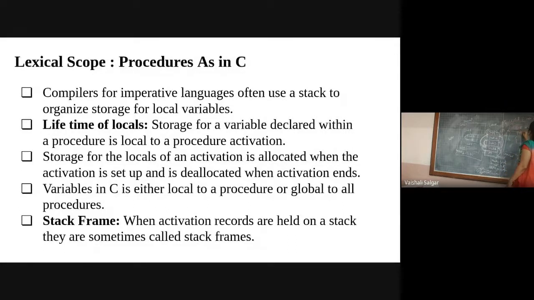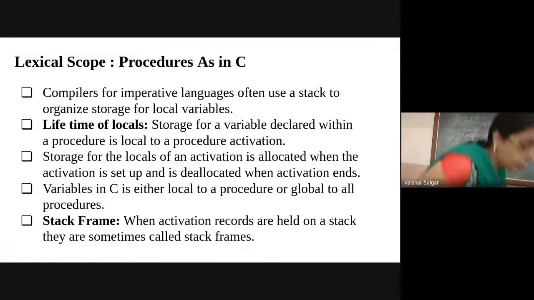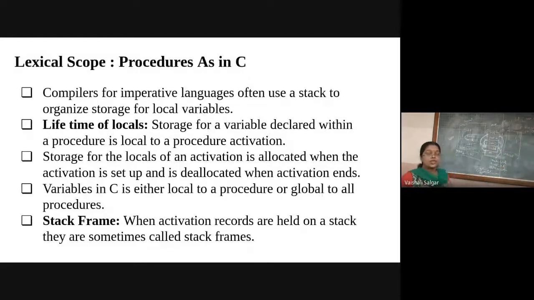I am writing result is equal to A plus B. This result has a local scope to the add procedure only. That is the lifetime of the locals. The storage for variables declared within a procedure is local to that procedure only. Whenever that procedure is active, only then is the variable in scope.